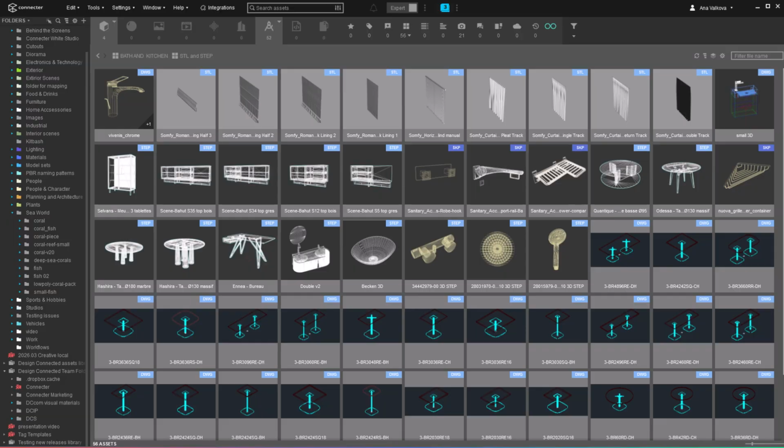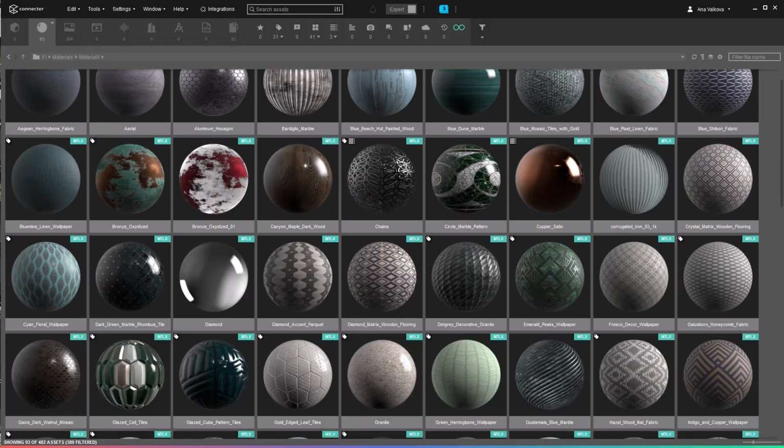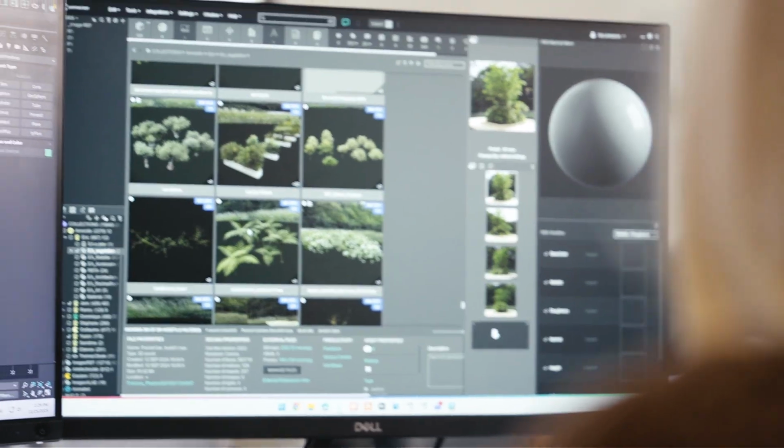Whether you're working with CAD data, scanned environments, or the latest open standards, Smart Merge Mode keeps your workflow consistent,